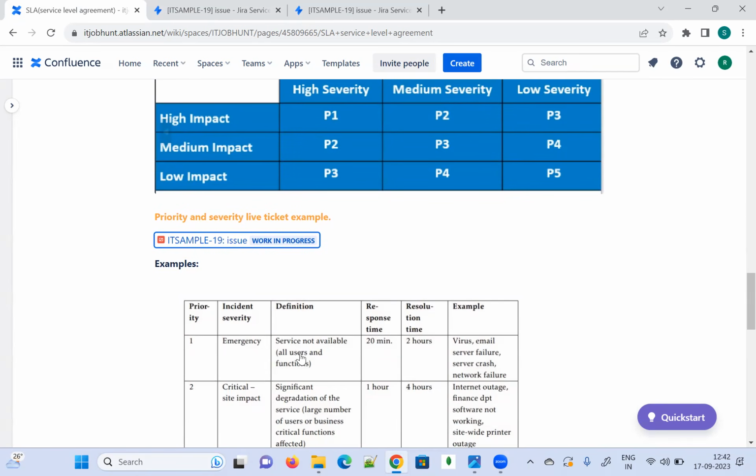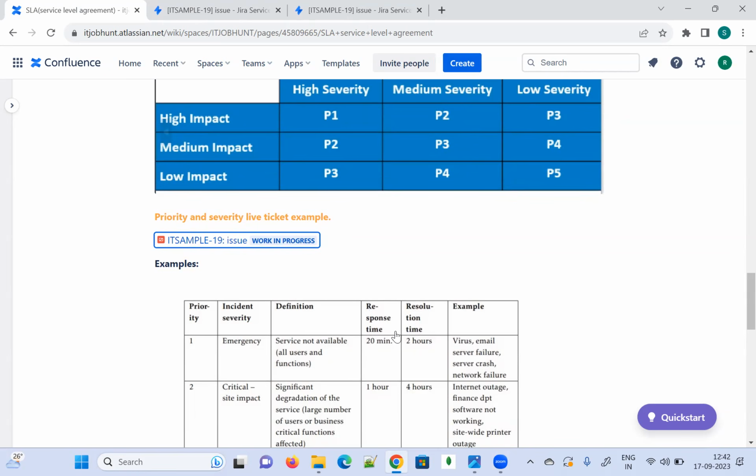The definition: service not available, impacting all users and functionality. For example, think that the Facebook application, Flipkart, or Google is not working, and you have 10 members in your organization, and nothing is working for any user. This is an emergency priority one ticket.